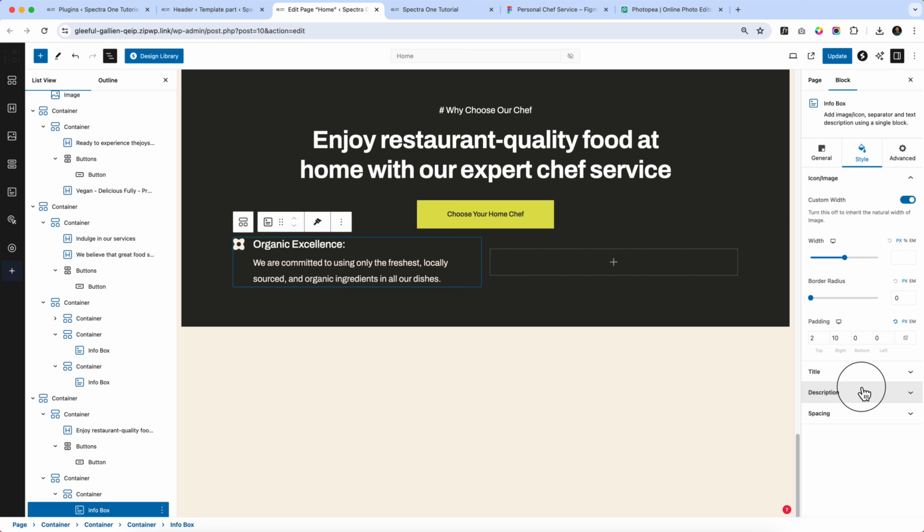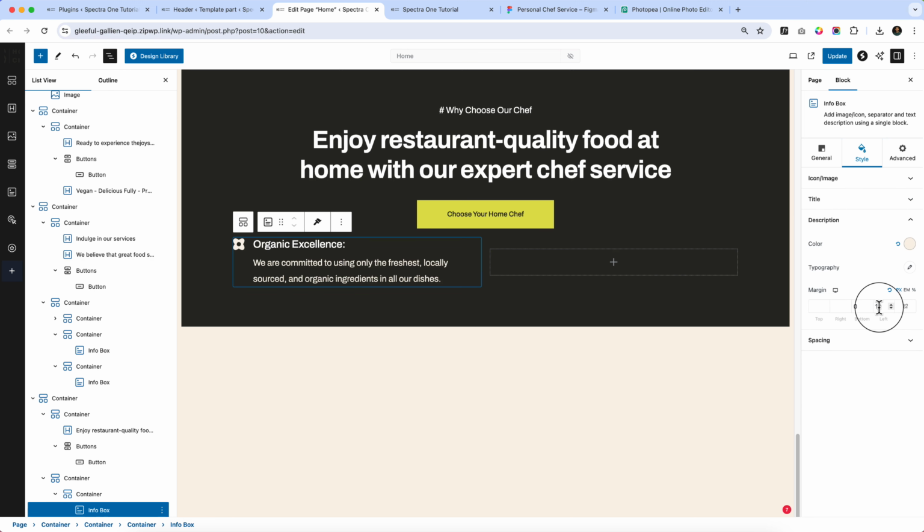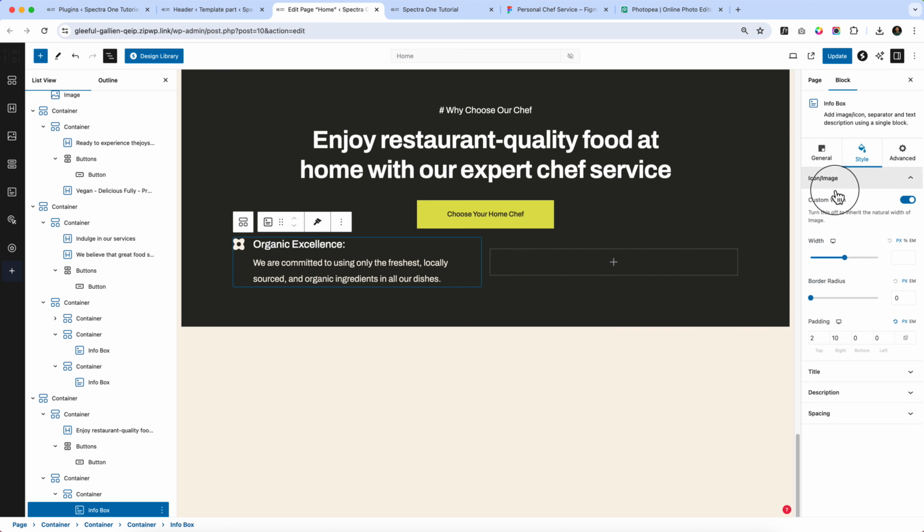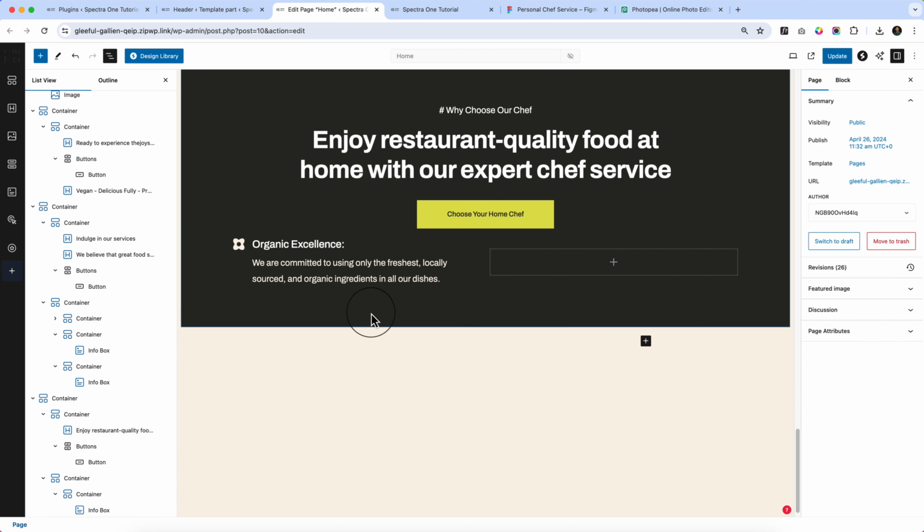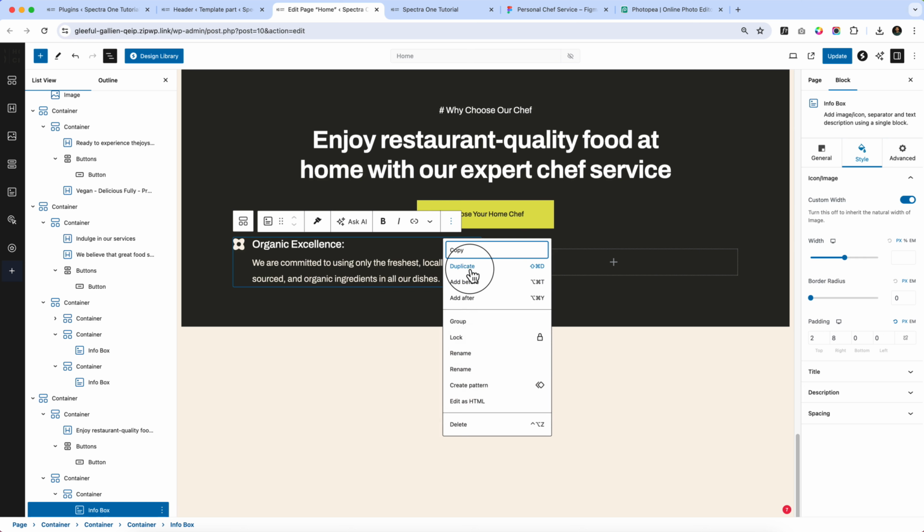Because I have added 10 on left for descriptions and title, you can see if I just reduce, it's the 10, and here icon I have added 10. So instead of using 10 I can use 8 because in total I'd like to add a spacing of 18, and now it looks perfect here. Let's duplicate